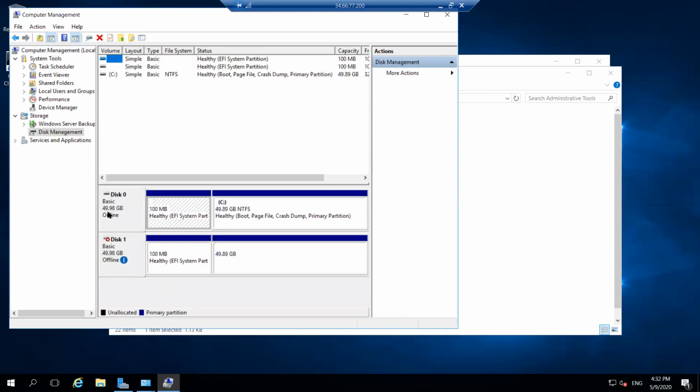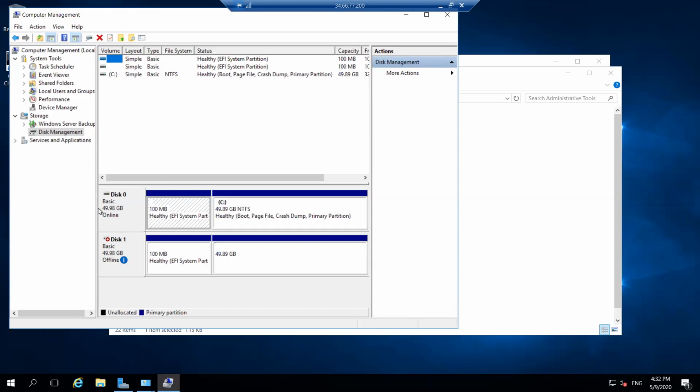This is disk 0, basic, 50 GB. Regarding 1024 or 1000: 1024 kilobytes equal 1 megabyte, so 2 to the power 10 MB equals 1 GB.